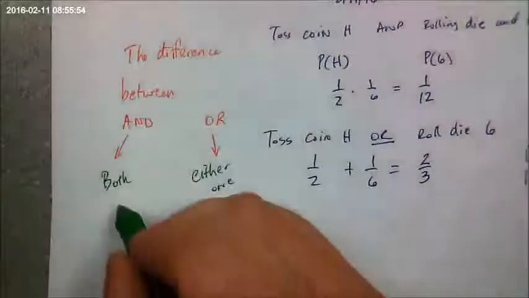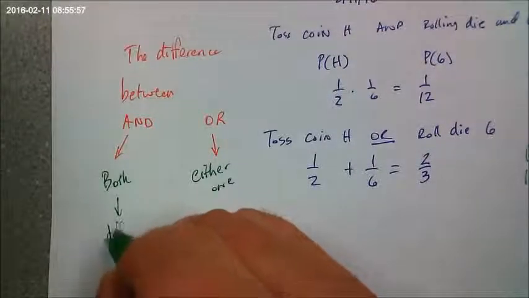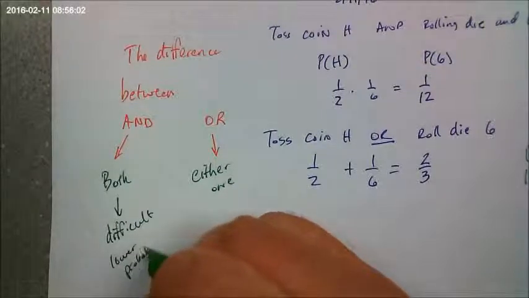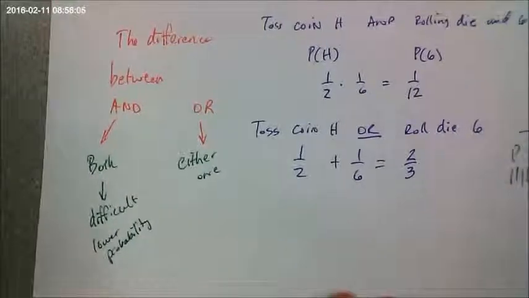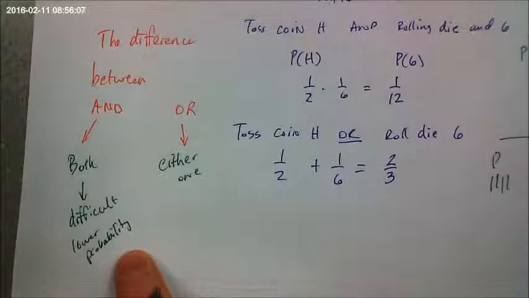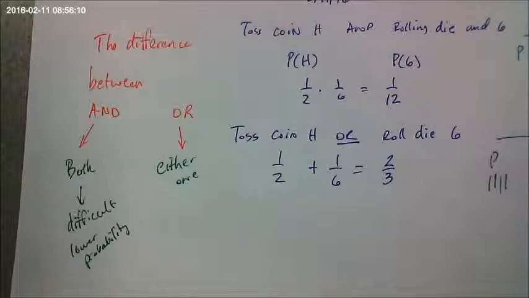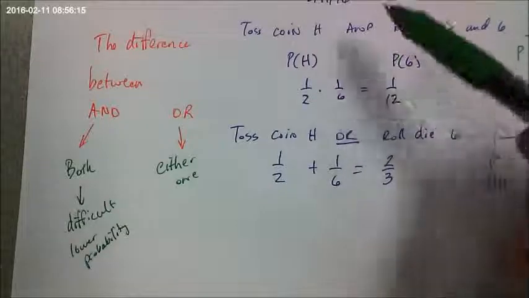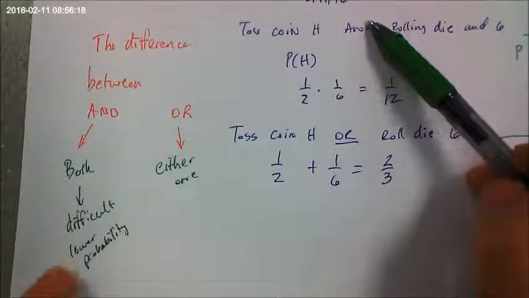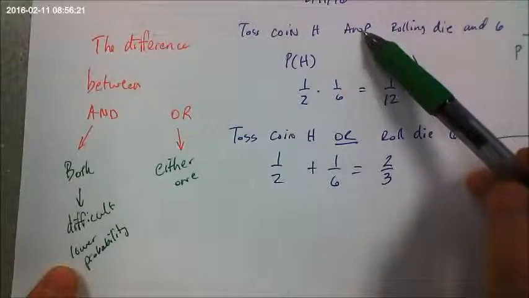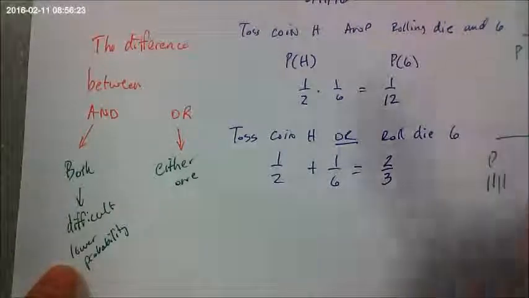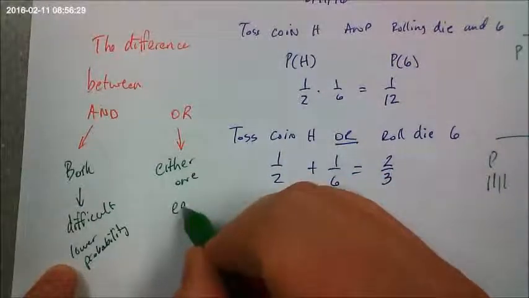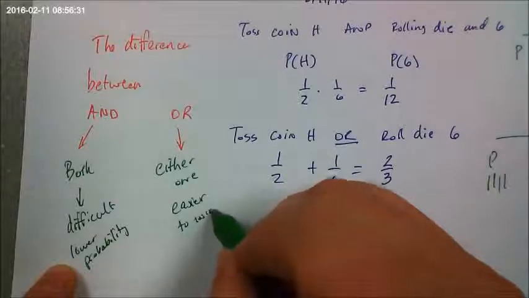And so, and is more difficult, and it's got a lower probability. When I was a student and I would forget how to do stuff, I would use facts like this to check my work. Let's say I had an and problem and I forgot how to set it up. I would remember that if it was or, it should be bigger, and then I would do another problem that was similar but different, and that way I'd know if I was right. And this is easier to win. Greater probability.